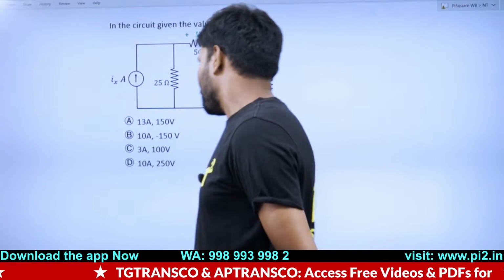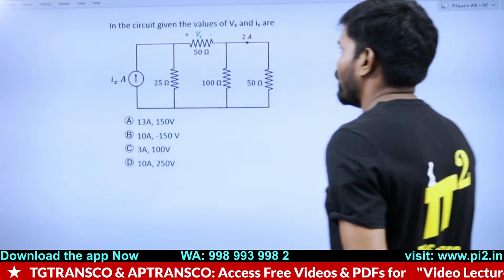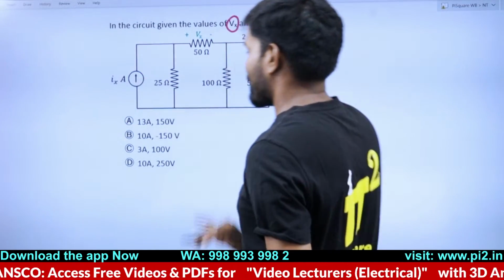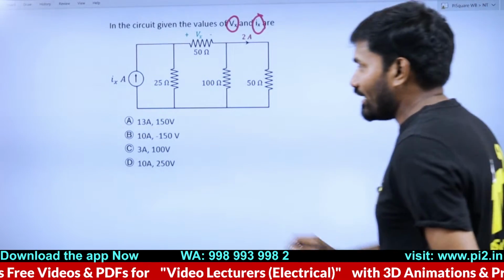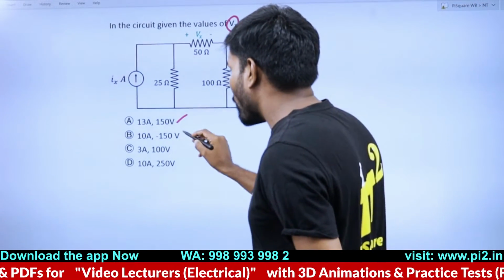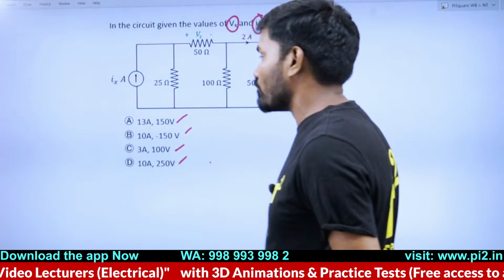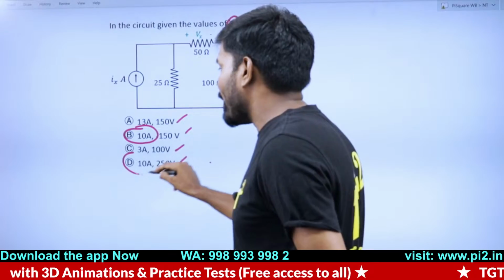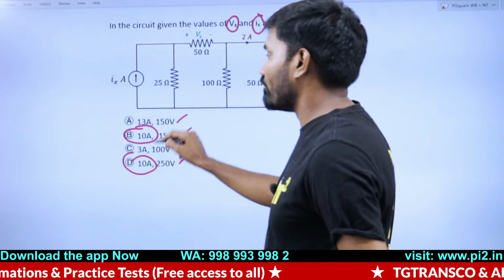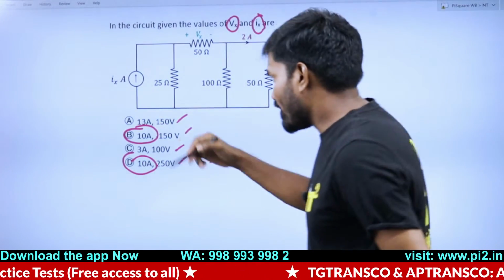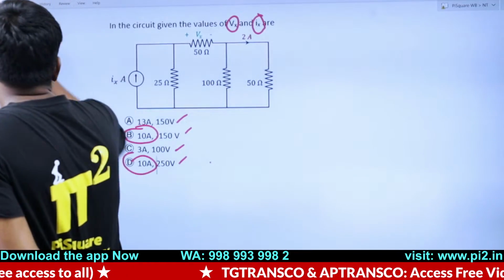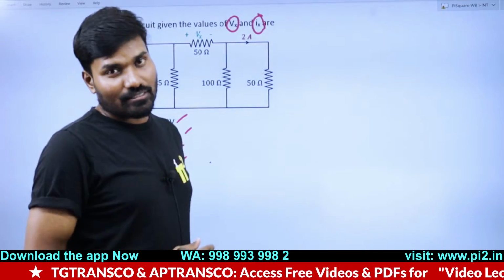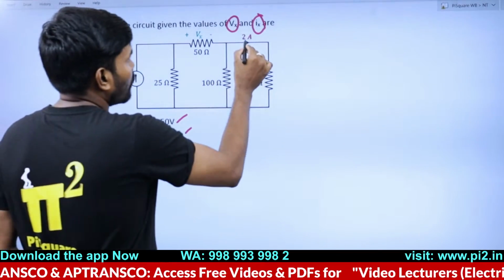In the circuit shown in the figure, Vx and Ix are asked. This is Vx, this is Ix. It is asked to find both. Luckily, if you find the voltage, because the voltages are all 4 distinct values, you can pick the answer. If you find the current, and the current is 10 amperes, then you may have to check between these two. So first I'll try to solve for the voltage, because if I solve the voltage, I will directly get the answer.